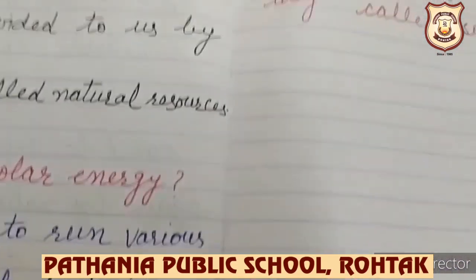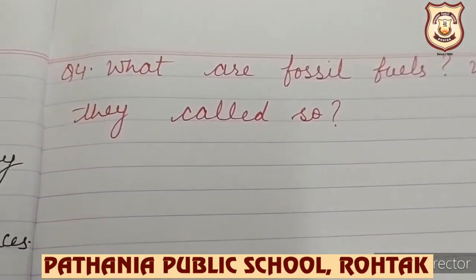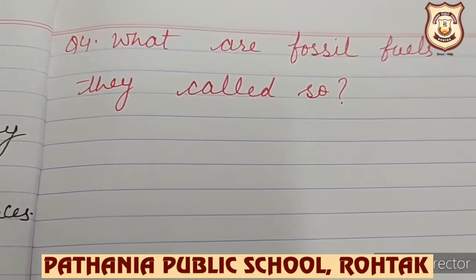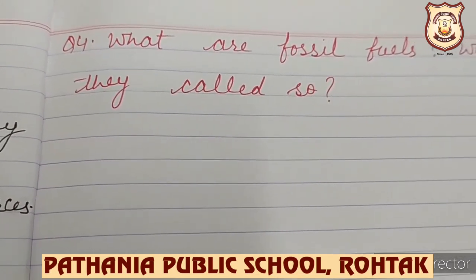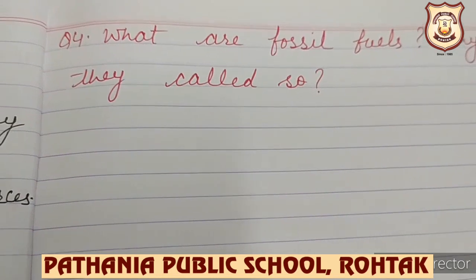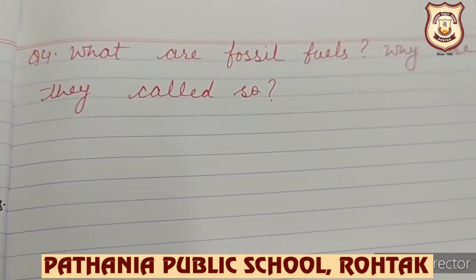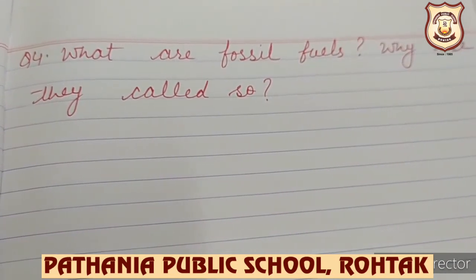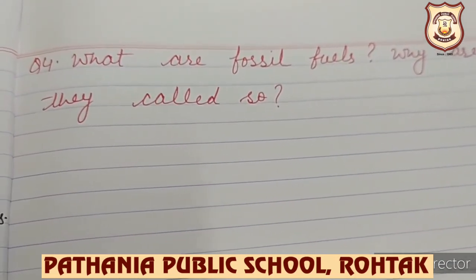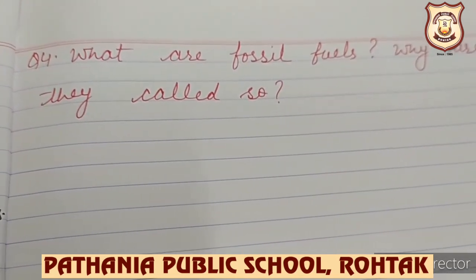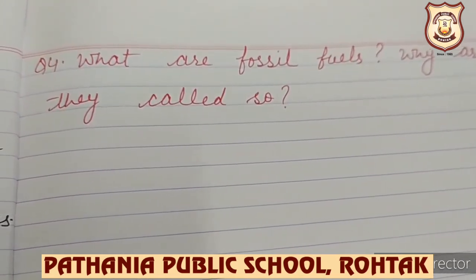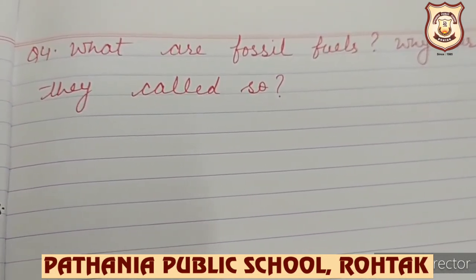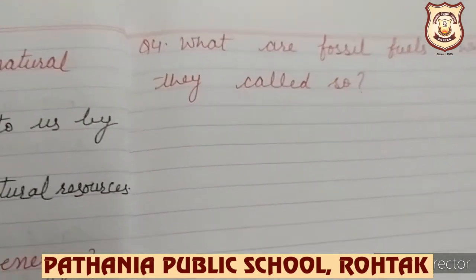So now we'll do question number 4. What are fossil fuels? Okay, the fuels formed by natural process are called fossil fuels. Those that are formed by natural process, that are called fossil fuels. Okay, and why are they called so? Why are they called so? They are formed from the remains of dead animals and plants. That is why they are called fossil fuels. So let us start writing